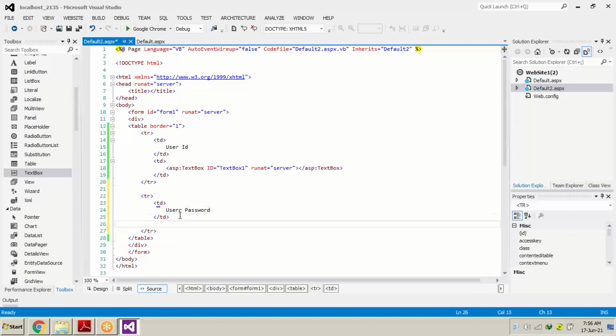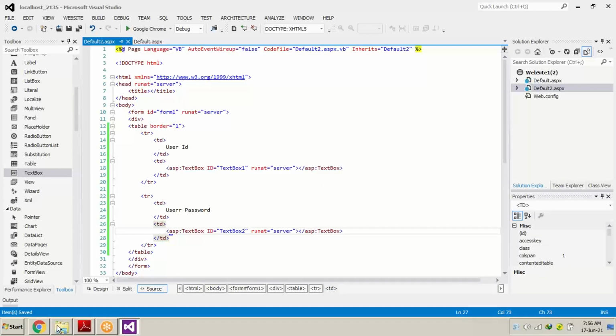After the TD ends, we will take one more TD and one more text box. We will save it by pressing Ctrl S, go to the browser and refresh the page. Now you can see that the user ID text box has been created, and the user password text box has been created.